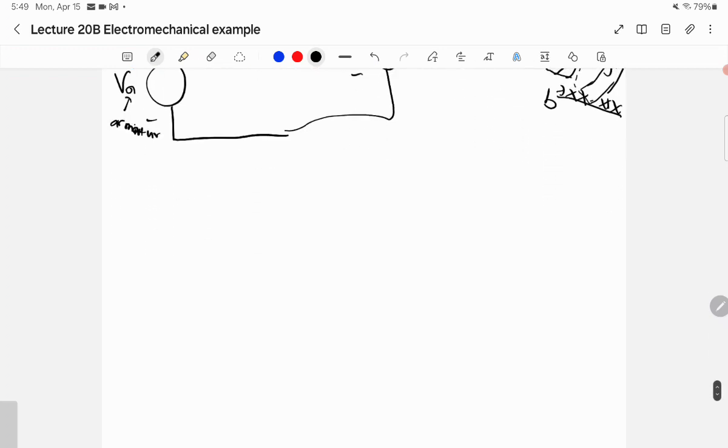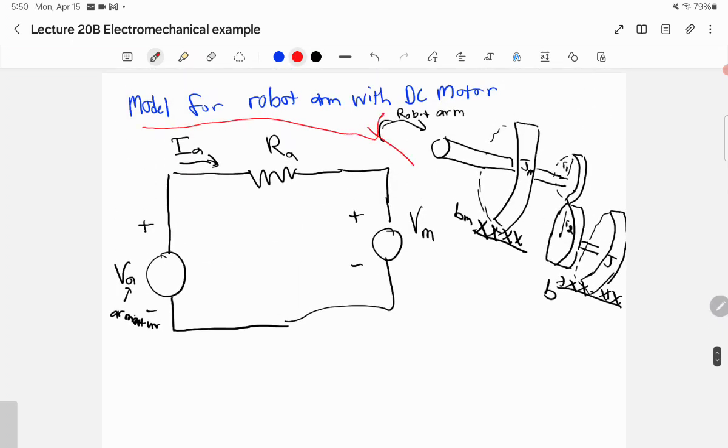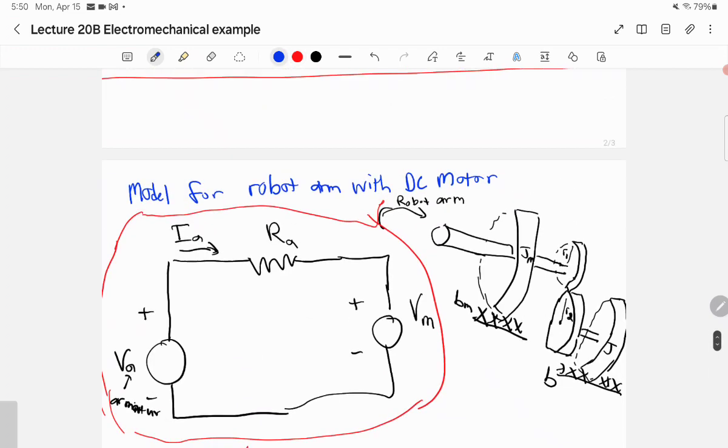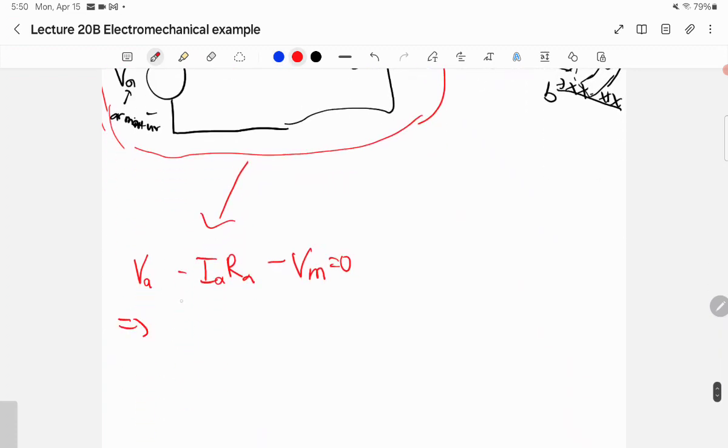Okay. So the first thing we're going to do is take and analyze the circuit, because that actually is going to be an easy part. You should be able to find this circuit really easily. This just, if we use Kirchhoff's law and Ohm's law for this part. Now this part is going to be a pain. Oh, and I'm going to rewrite this, by the way. This is going to imply